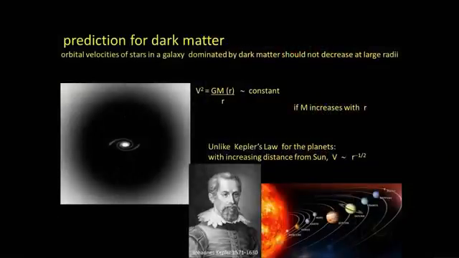let me now go back to dark matter, which is this dominant component. So this is the Milky Way, right? Again, here we are. But we're surrounded by this vast halo, and we know it's out there, I'll explain why in a moment, because of a prediction that was made by Kepler, basically. So what Kepler noticed is when you looked at the sun, the planets moved with slower and slower speeds as they orbited the sun. And the reason was that Kepler realized that the gravity of the sun got weaker the further away you go. So their orbital speeds had to be smaller.